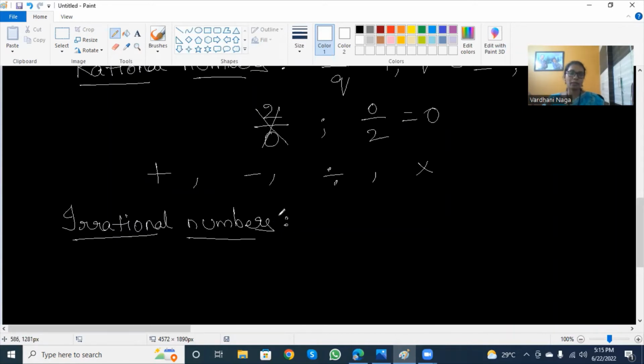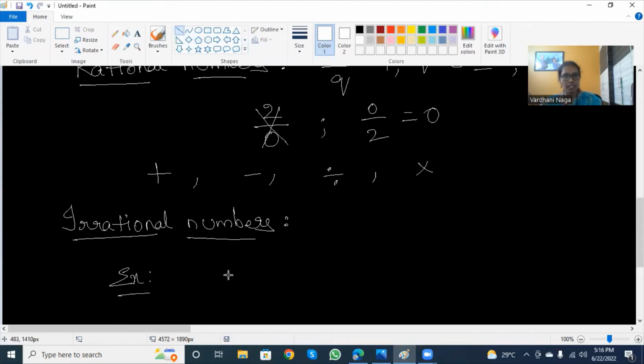Numbers which can't be represented in the form of p by q are called irrational numbers. There are infinite irrational numbers in between each and every number. For example,